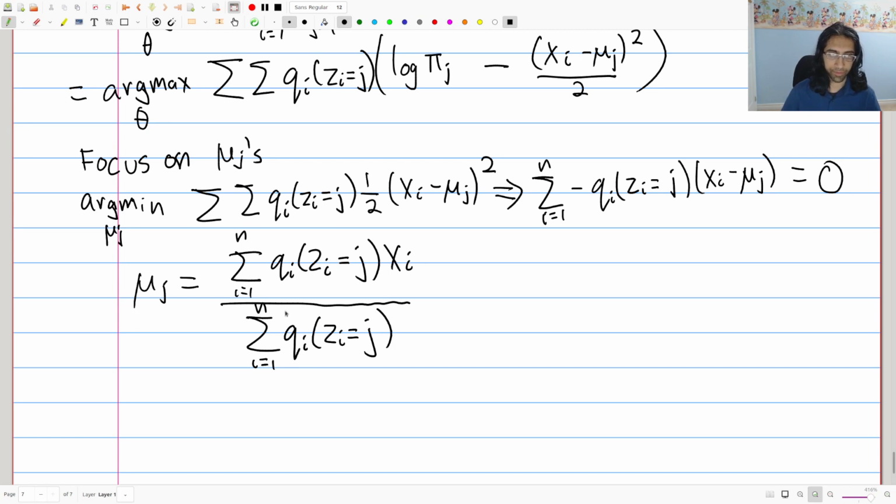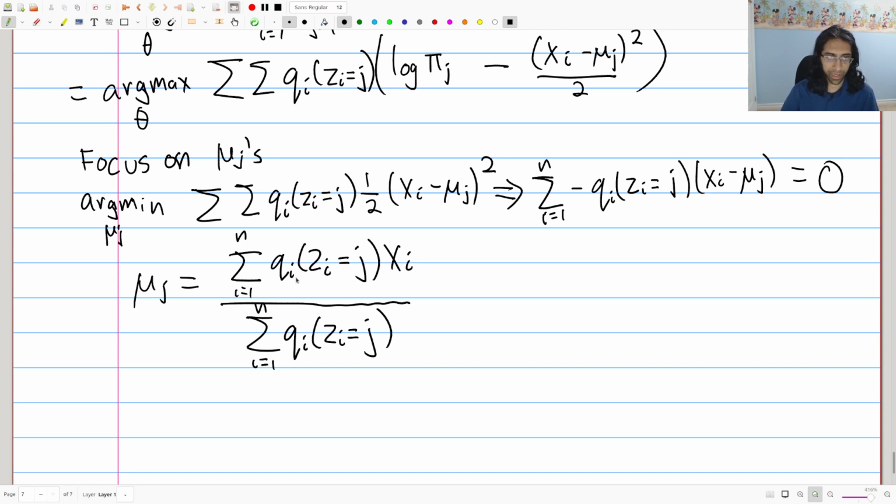So this type of thing. Now, you'll notice that this is actually quite an interesting expression, and it's easily interpretable. Pretend these were all, say, ones or zeros. Then this would essentially be an average of some xi's, namely the xi's who belong to this component j. Now, what we're doing here, since we have fractional belonging to different clusters,